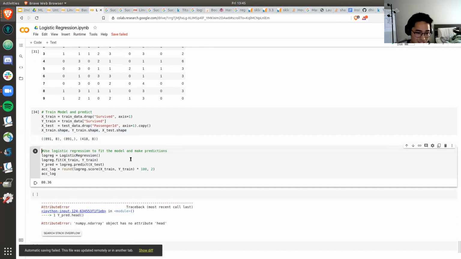So in this case, what we did here is initiate our logistic regression model from sklearn. Again, just like linear regression, we use a fit function to feed our model with the X train and the Y training data. So it'll just look into the data, feed in all the parameters into the logistic regression model.